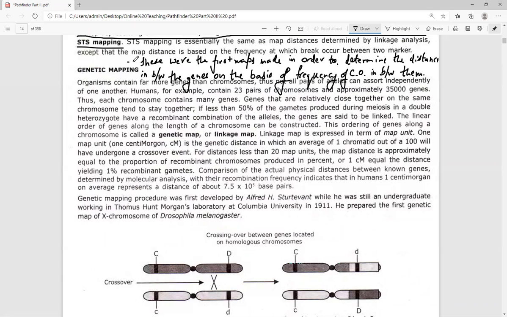So the frequency of crossing over can be calculated, and then it can be used in the form of a genetic